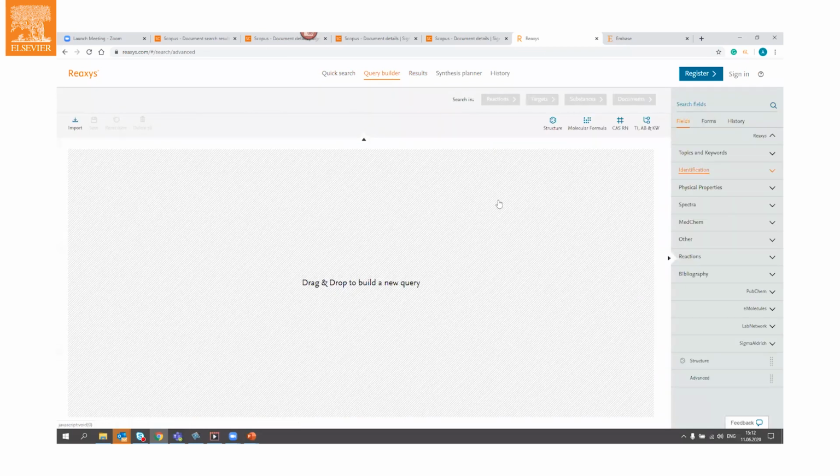But let's come back to the search strategy related to patents and application. How to get there? This is the query builder. To get to the query builder, on the top you need to click Query Builder, and you will see this screen. What is the idea? In Reaxys, there are 500 searchable fields. If you want to get some particular information, you need to search in some specific search fields. And the query builder was developed exactly to give you this opportunity.